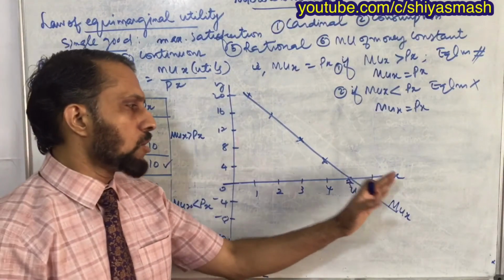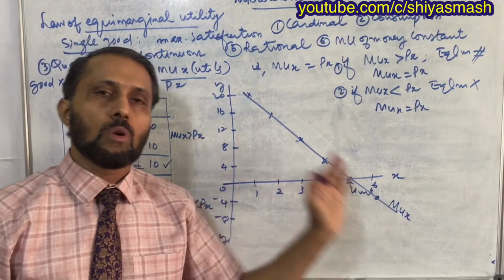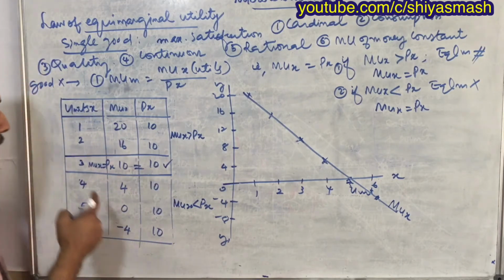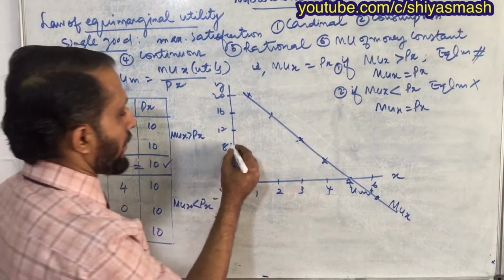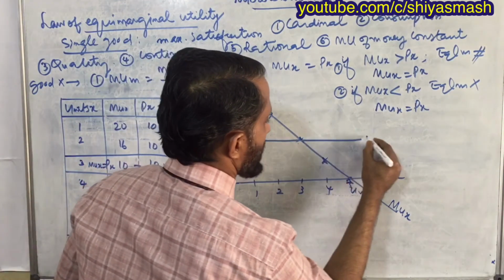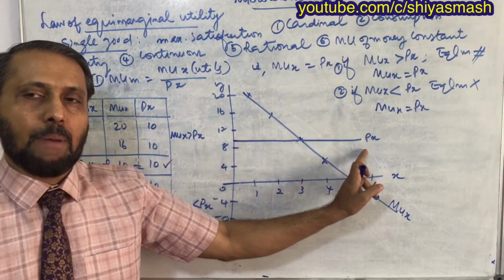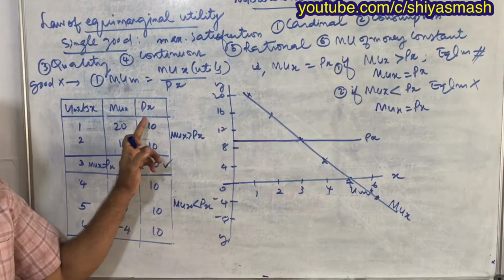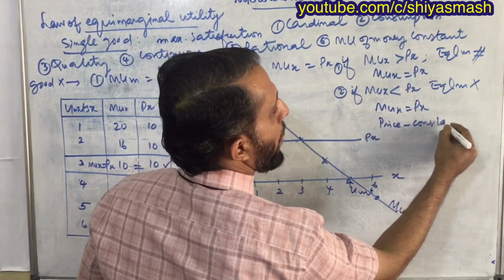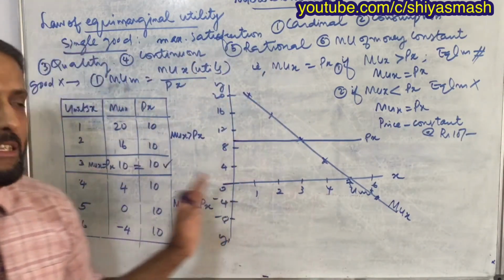In all diagrams in your marking, you have to write what is on the x-axis, what is on the y-axis, and what curves or diagrams you drew. You have to write the denominations. What is the point regarding that one. And one more thing we have to draw: the price line. Price remains constant at 10. It will be somewhat here, okay? Yes, this is the price of X. See that this price line is a straight line parallel to the x-axis. Price remains constant at rupees 10.